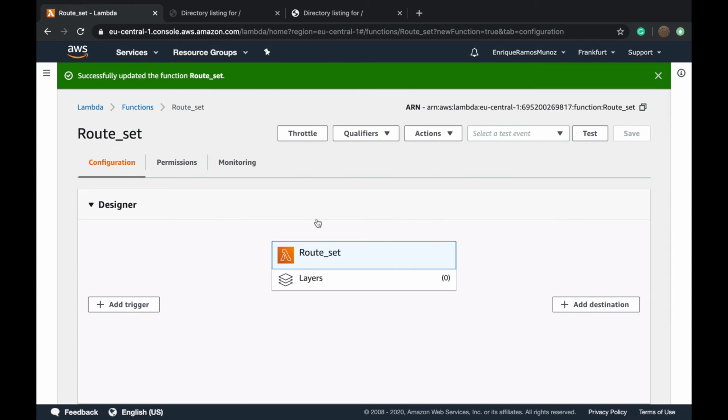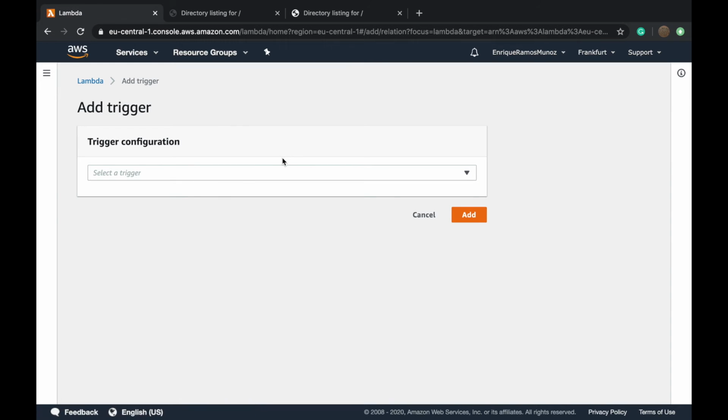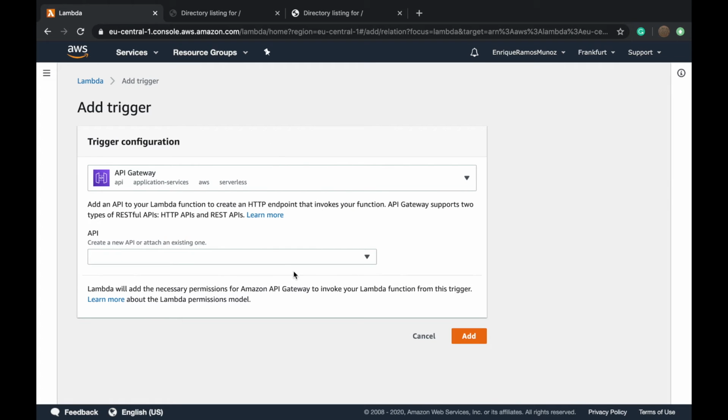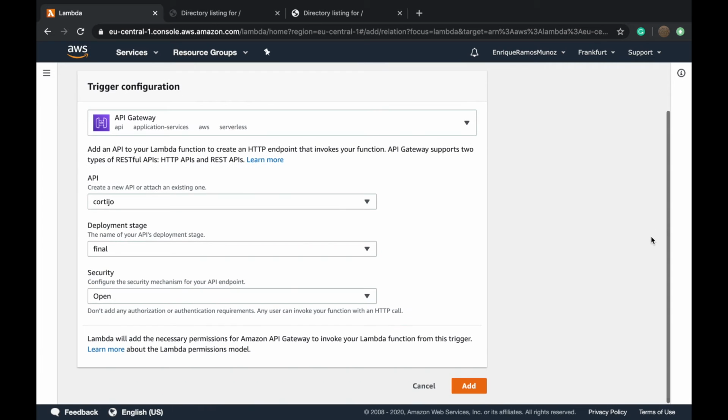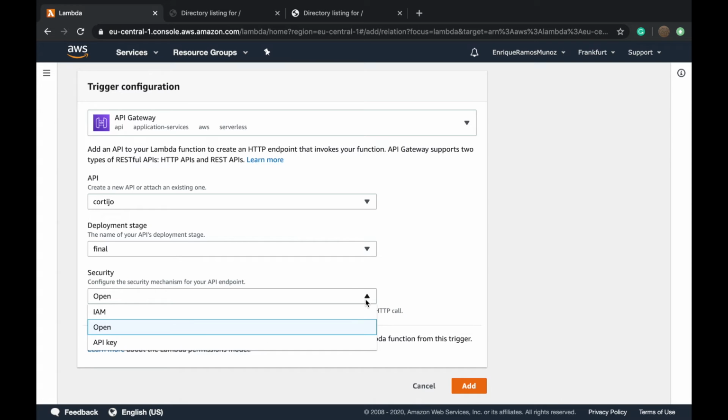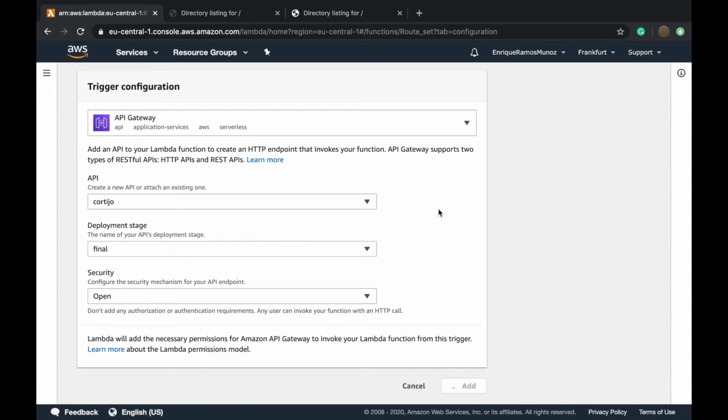and now we have to go to step number 7, that is to add a trigger that is an API Gateway. So we can create a new one or choose one that we have already. So we will do open so everyone can execute. It's highly recommended to use some kind of authentication. Normally I use IAM and also the password. So in this one I will only use open to not make the video that long. So just execute,